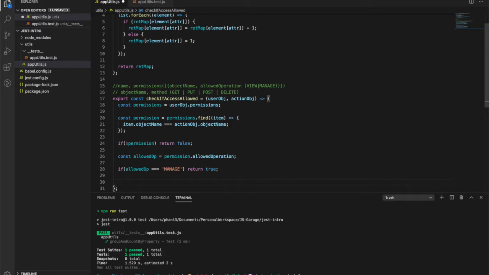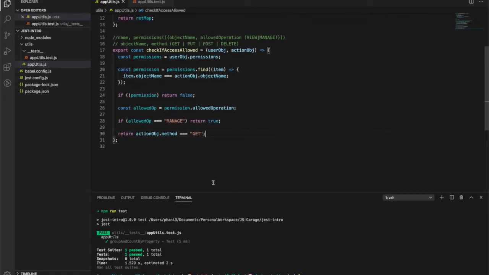Otherwise, return action object dot method equals to, so since it is not a manage, it should be view, which means that only get is allowed. So that's all. I have not handled any error cases, but let's do this once we run the test